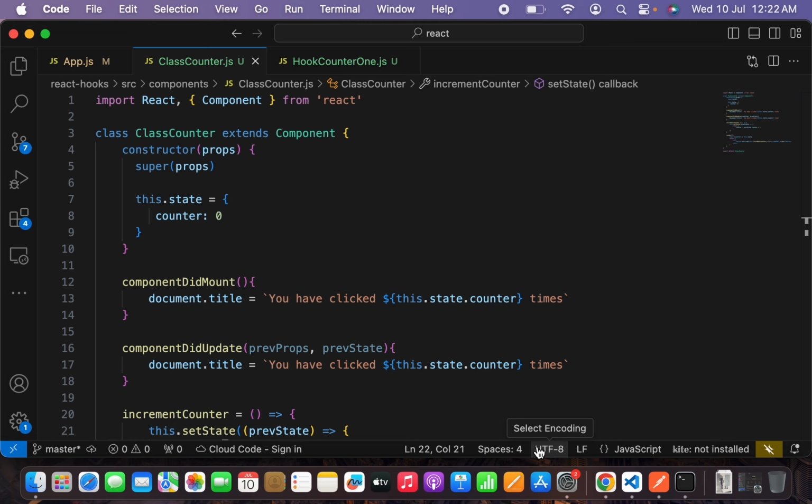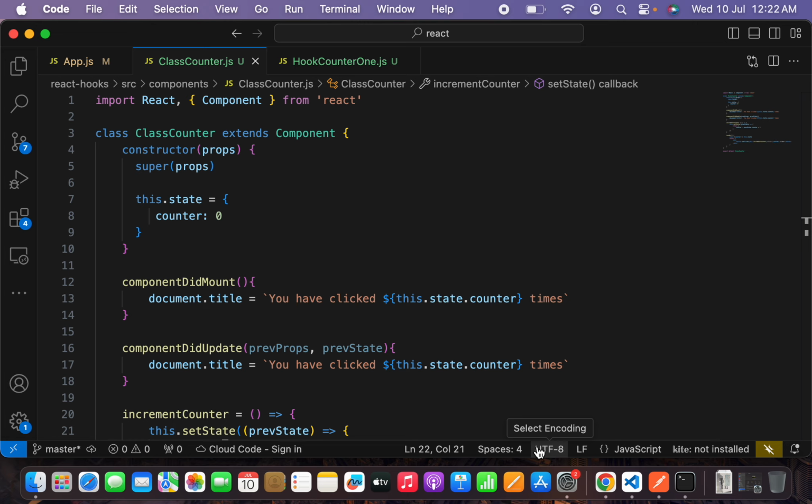For viewers and students who are not familiar with class-based components, I will first use a class component to achieve our example. Later on, we will implement the same using a functional component and